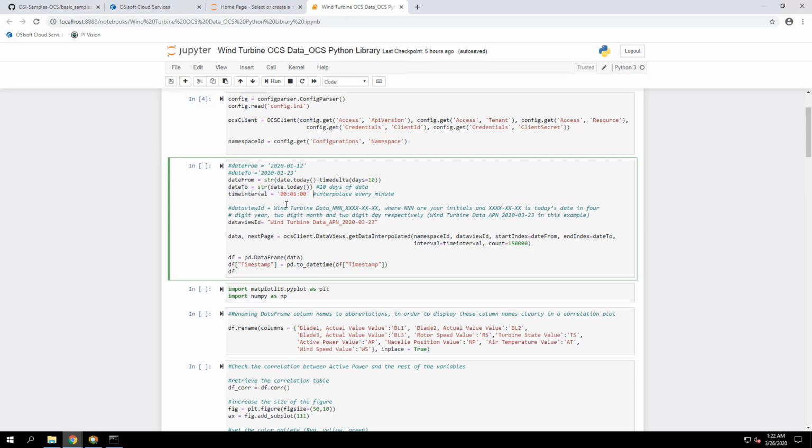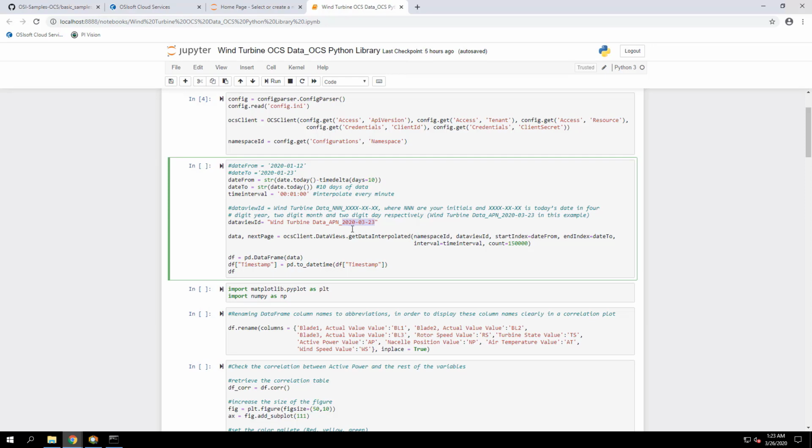Okay. We also specify the data view ID, and here we urge you to use the data view you have created in previous lessons. So the naming format we're using here is wind turbine data underscore your initials, and then the date you're running the script, so today's date. We try to use this format so it's consistent.